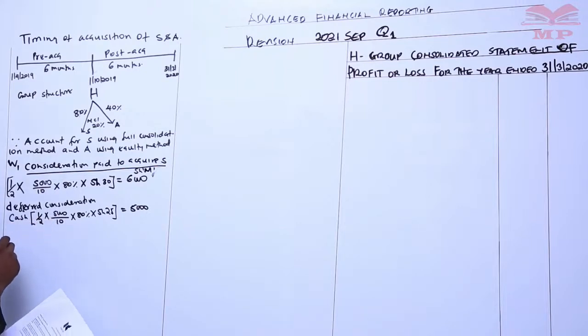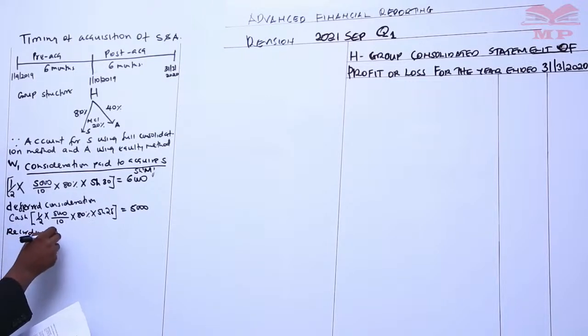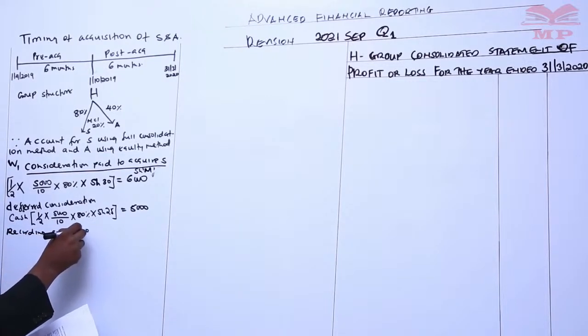But before I do that, this is what I'm going to do to help you know how to record, because you're told H has not yet recorded the consideration on acquisition. So how do we record? So recording consideration